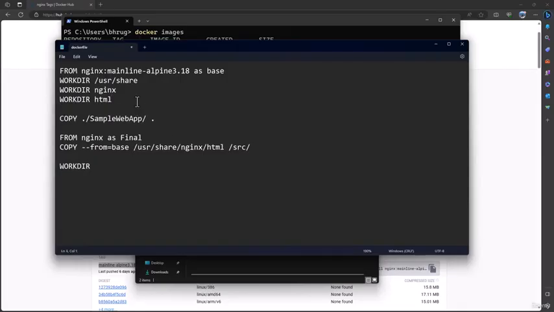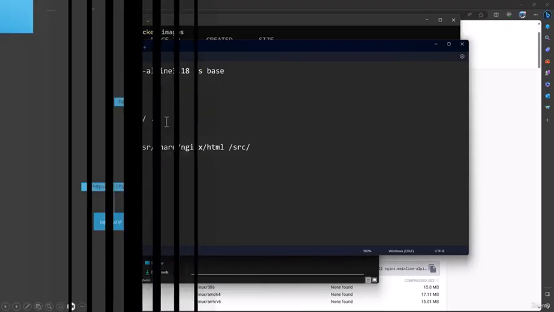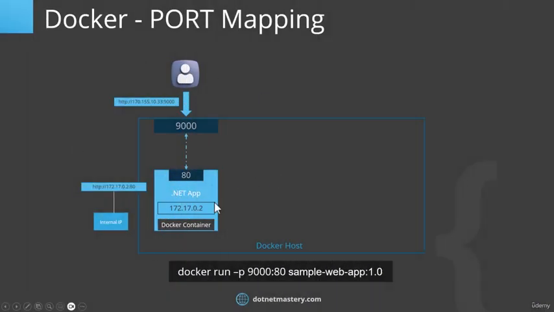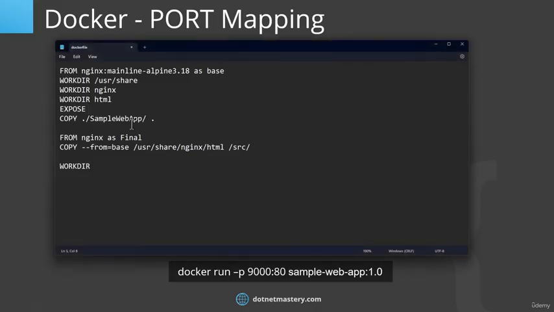Next thing that I want to show here is something called expose. Now the expose here is different than port mapping. If I switch back to the presentation, you can see the Docker container here has the port 80 that is mapped to 9000. If you want, for documentation purpose, you can say that, hey, I am exposing port 80 on